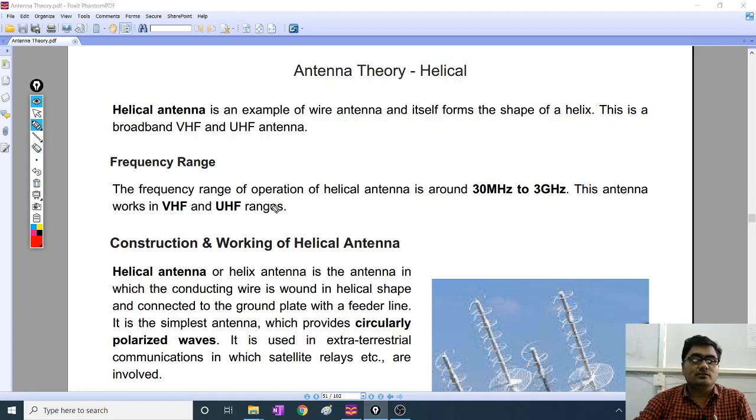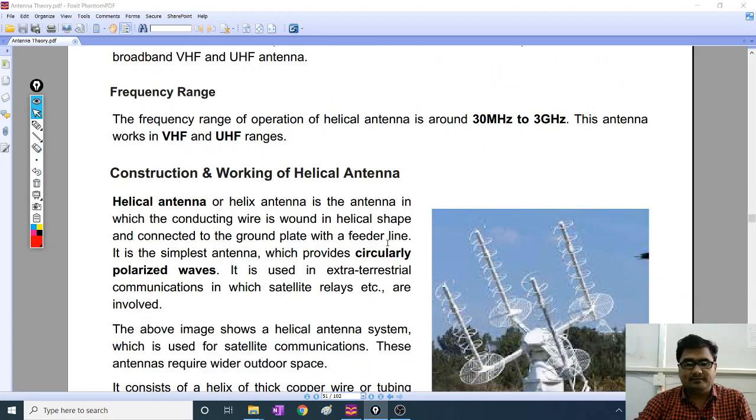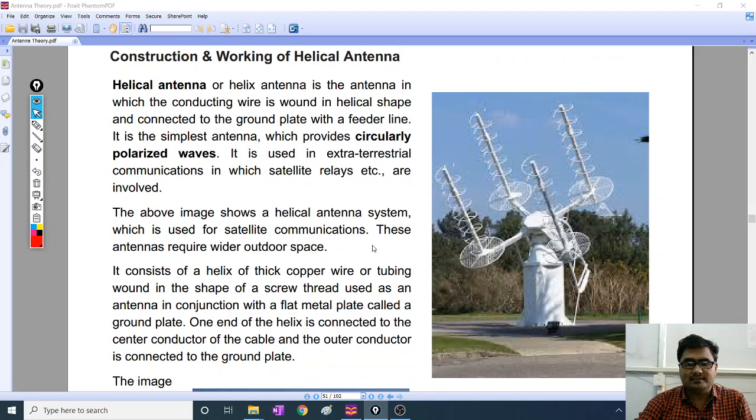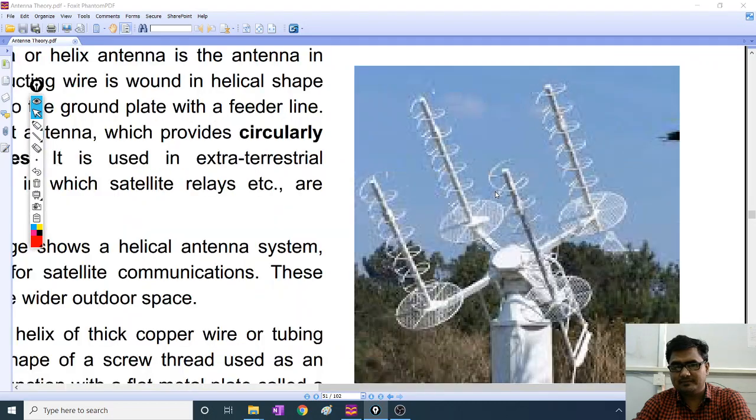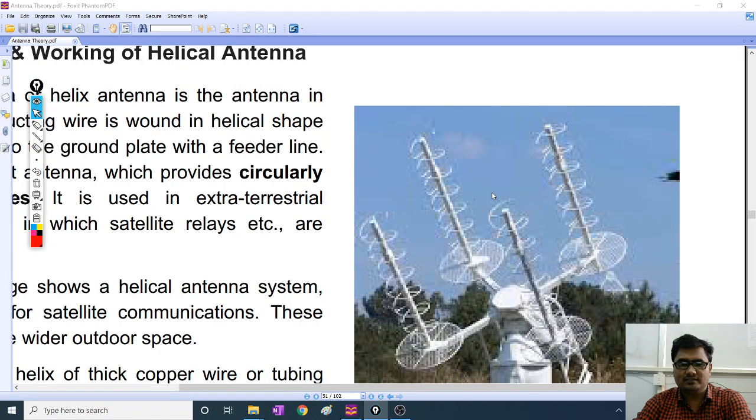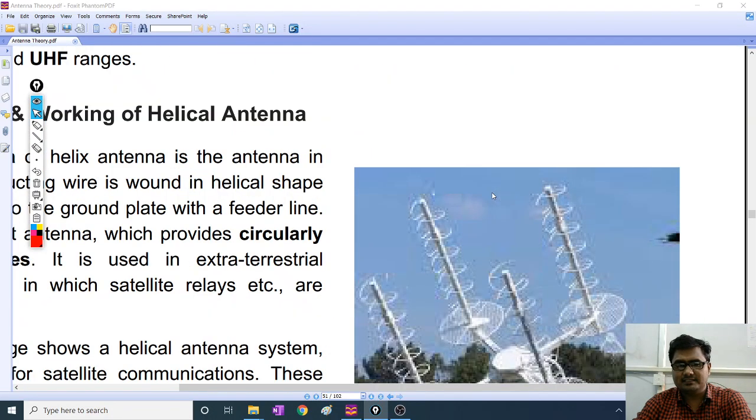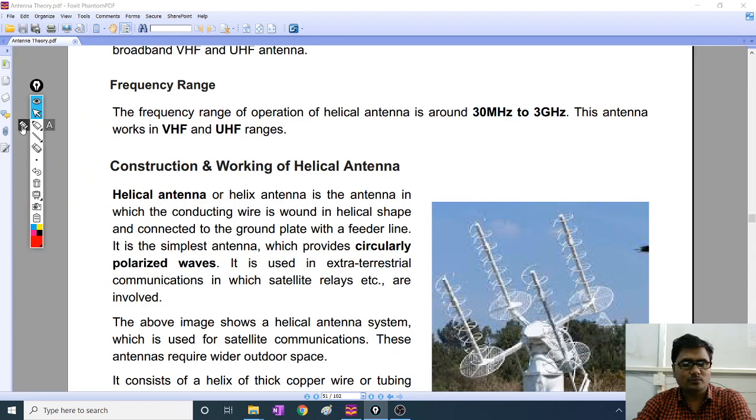So now what is written there is whatever we had discussed. Now look at this. Here somewhere it is showing a helical antenna. Now let me zoom it so that you can see it properly. Actually, it's not much visible on the screen, but one thing that I can tell you is this antenna. Look at this. This is the first antenna.